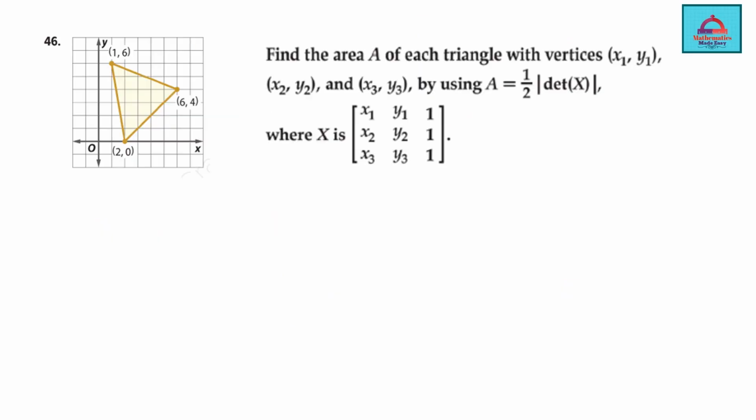This is my next question, and now I'm going to go a little fast because I've told you in great detail how to reach the answer. So directly we are now going to plug in here. So A is going to be 1 by 2. Let's put the value of determinant. So if I choose 1, 2, 3 in this order, then 1, 6, 2 is my first